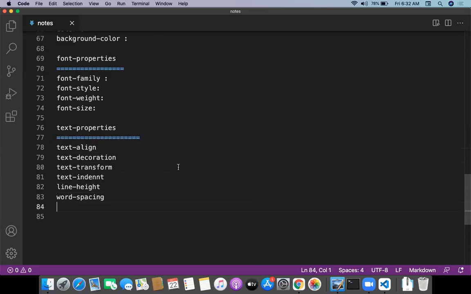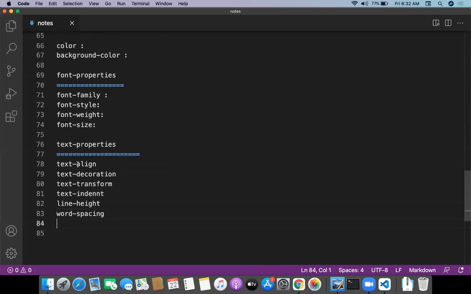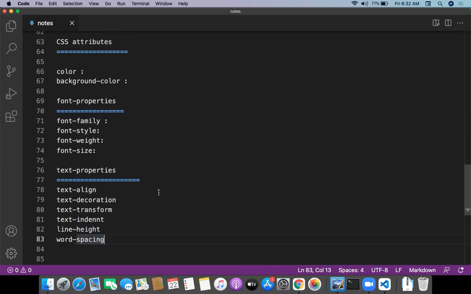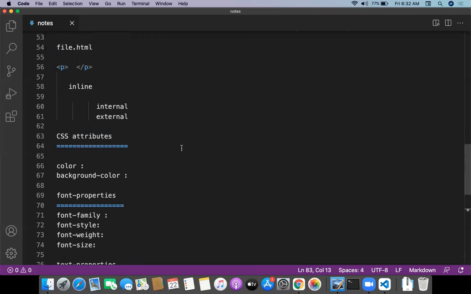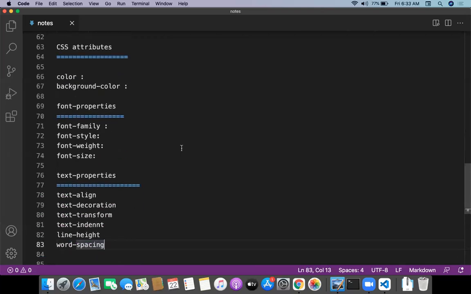Okay, so these are the different kinds of text properties: text align, text decoration, text transform, text indent, line height, word spacing. All these are actually text related properties. Okay, so let me give the values for each and everything one by one.